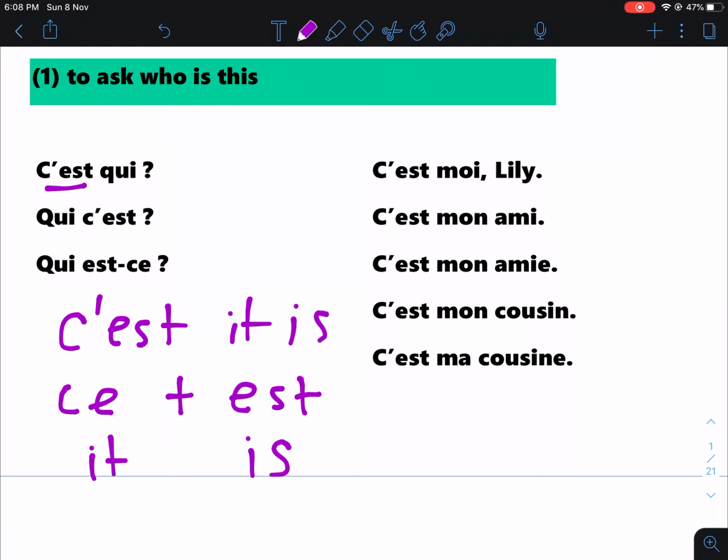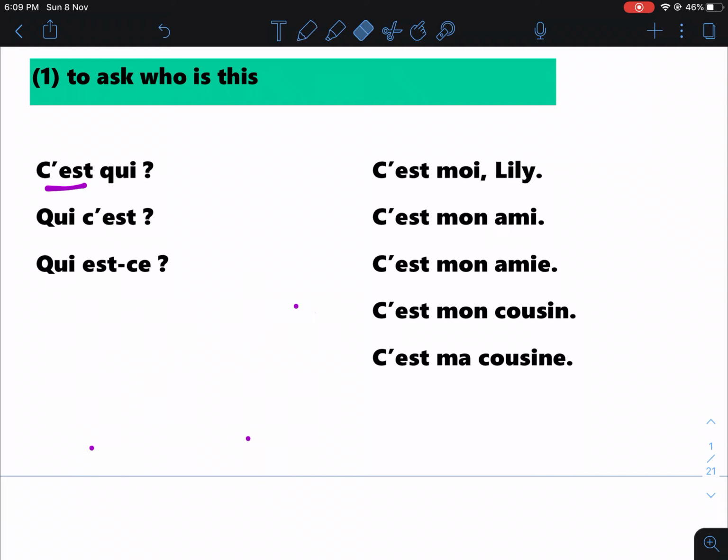Previously I've mentioned that there are three ways or three variations of asking questions, okay? You can put the WH word at the beginning of the question, you can put it at the end of the question, and also there will be an inversion of subject and verb. So, let's see these questions. Okay, let's look at this question. Alright, the first one is